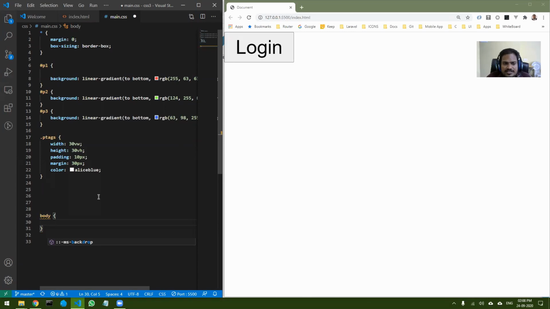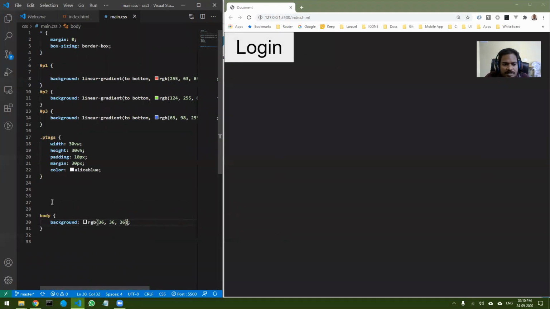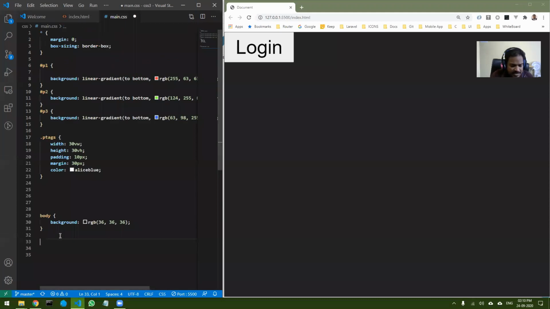I will change the background color directly. And then I'm going to select the submit button. I can select it by putting a class over here, but since there is only one element, I can select directly.